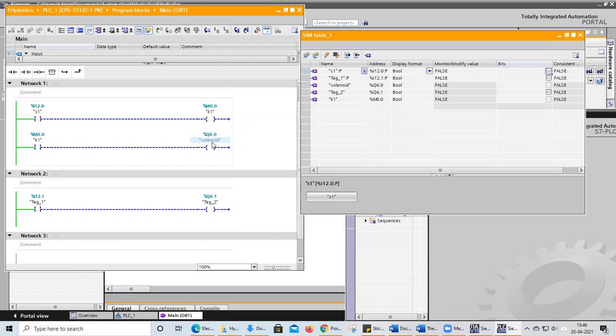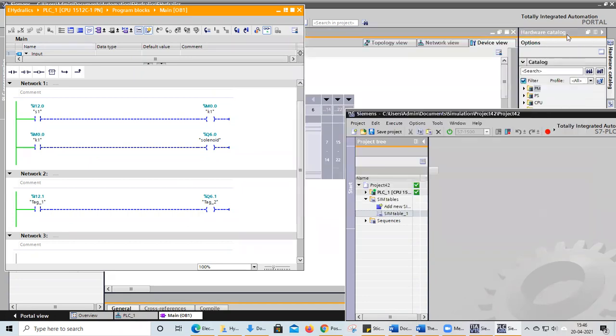In PLCs also coils will be there, and in devices also coils will be there. These are software-based coils, real-time coils. Normally these coils are used as an output. Symbolically, we represent output with the help of coils in PLCs.